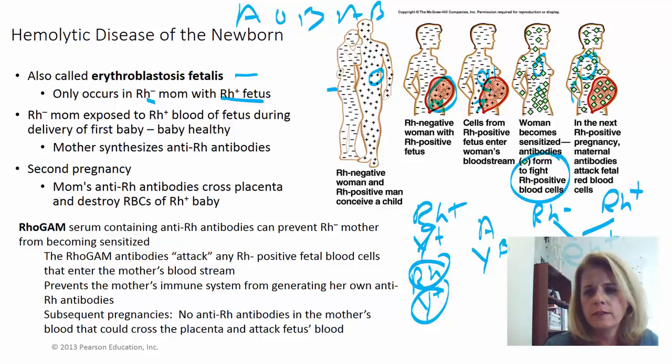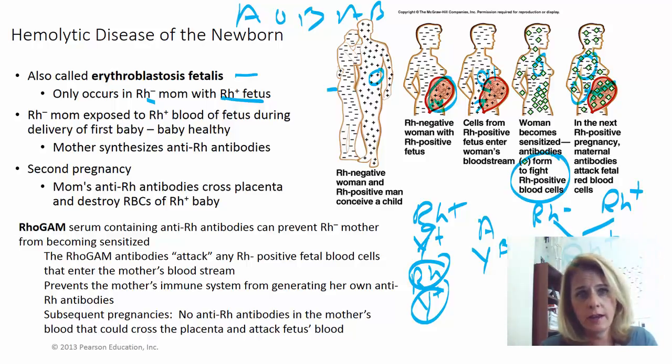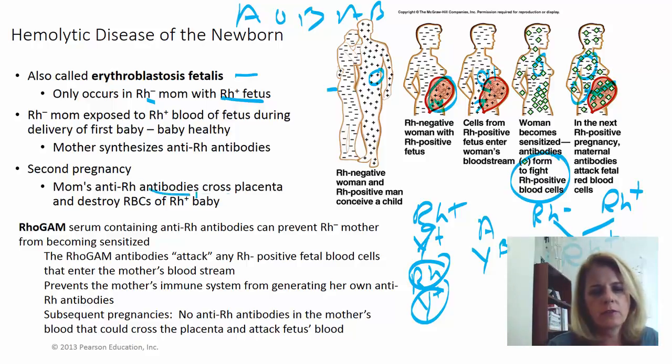So lots and lots of antibodies are going to be produced, and it's going to attack the fetus. And so the second child has an increased risk of the baby being destroyed as a foreign object in the mother's body. Because again, those antibodies cross the placenta, and so every time subsequently that she's exposed to Rh positive, she's going to mount a bigger and bigger response. And we're going to talk a little bit about how that works when we talk about the immune system.